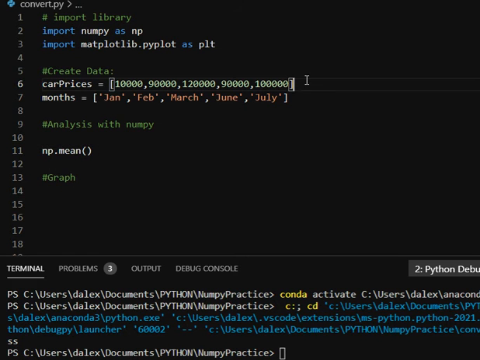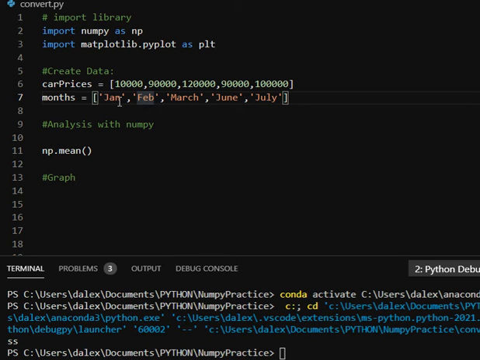Since these are numbers, if I hover over here, I should be able to notice that those are integers and this is a list. It's just taking a few seconds. Okay, so car prices, this is a list, and Python will know that these are integers. If you hover over here, Python is going to notice that this is a list, and if you hover over here,